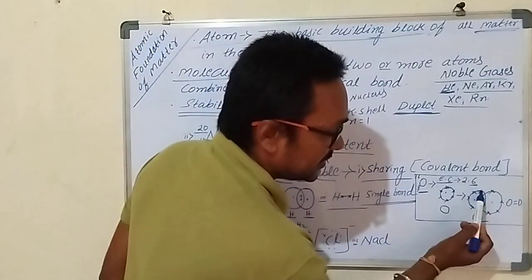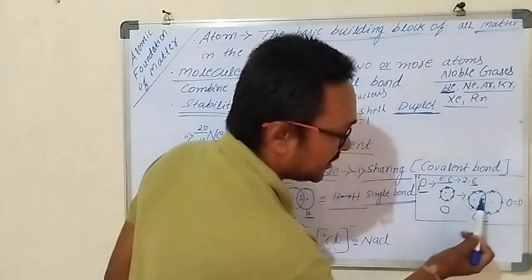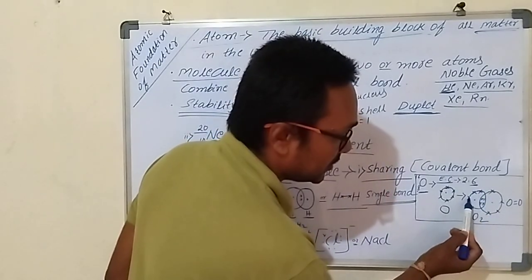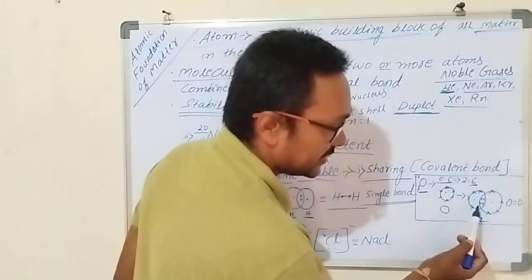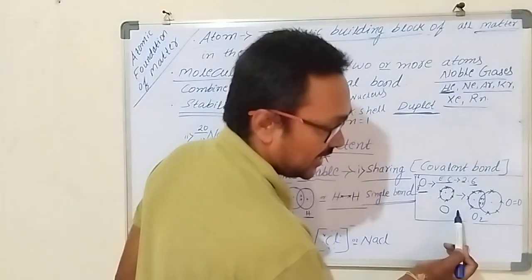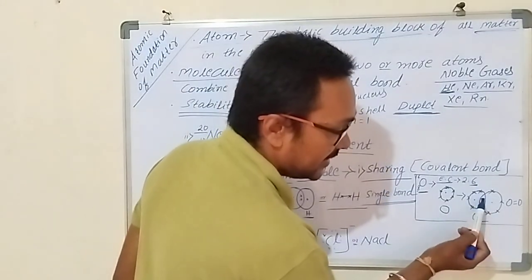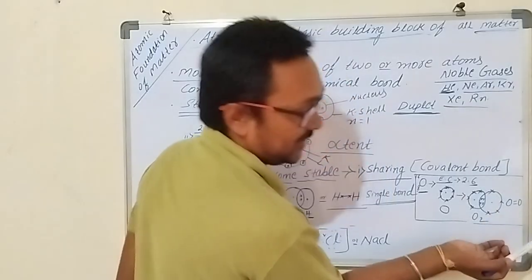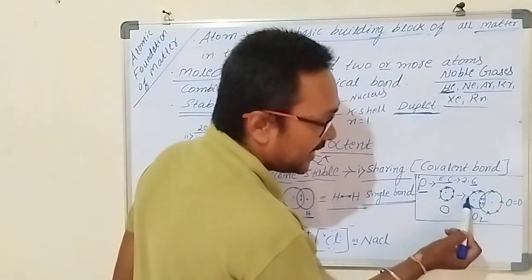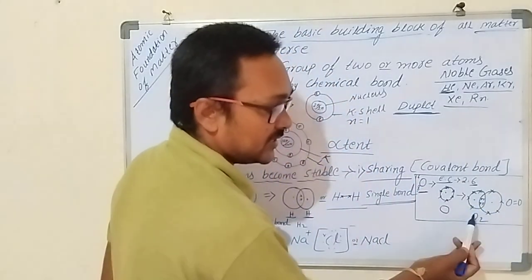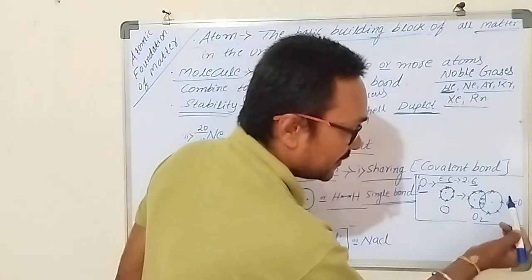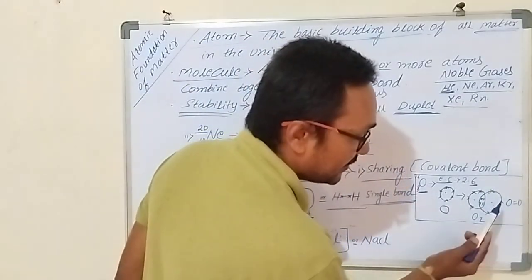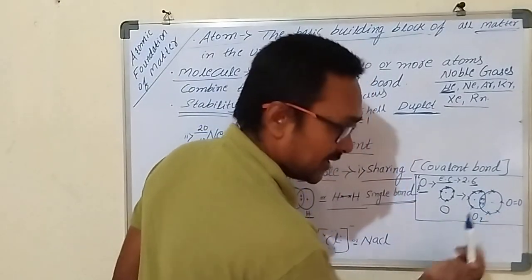Check. This is one oxygen atom. In this you can check 1, 2, 3, 4 electrons it already has, 5, 6, so 6 electrons are already there, and here it is getting 2 more from another oxygen atom. So the total will become 8. So octet formation happens for one of the oxygen atoms. Now let me take the other oxygen atom. It already has 1, 2, 3, 4.